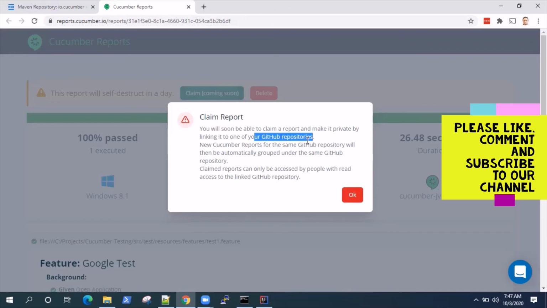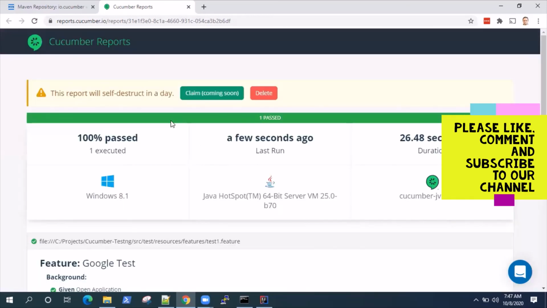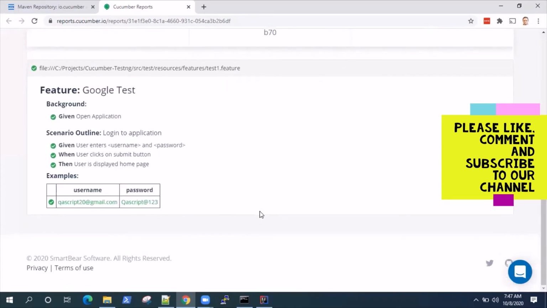And then we can easily publish our reports using our repository itself. Okay, so that's a pretty nice feature if you're working with Cucumber, right? And I'm sure they will be coming up with more features in the coming days. So I'll be sharing that with you whenever it is available.